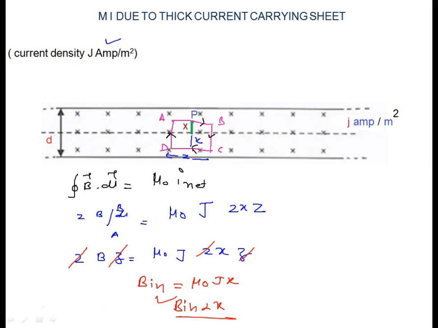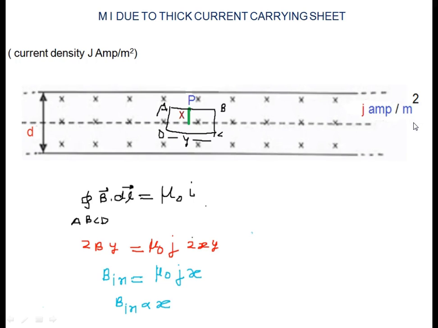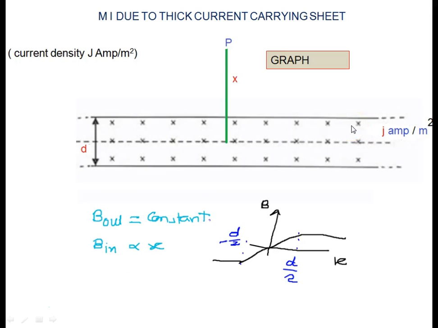So let me show the next page. Like this. B inside, this is proportional sign basically. Don't be confused, this is not alpha, this is the proportional sign because we have derived it. Now I think we can plot the graph. So that's up to you. You can plot the graph, and in the graph you will say outside the region it is constant, and inside the region it is directly proportional, like this and this, that we can show.